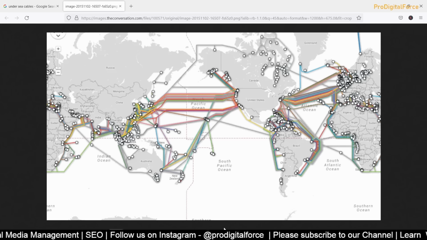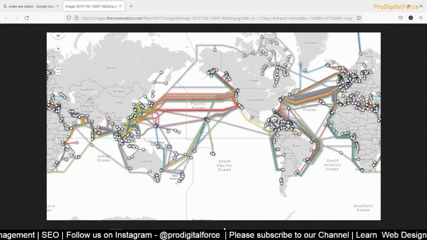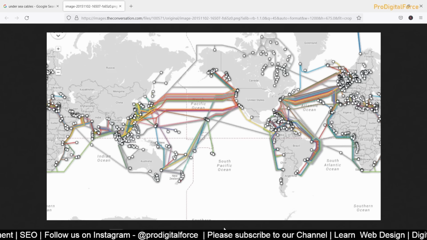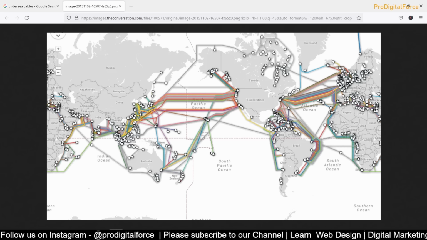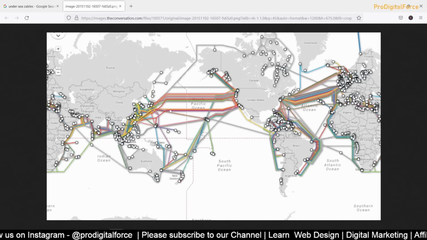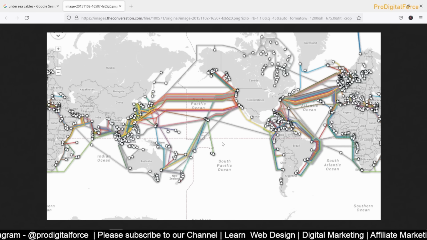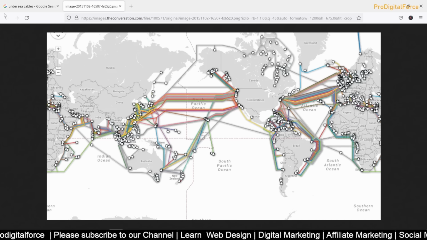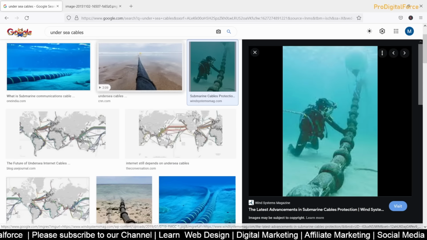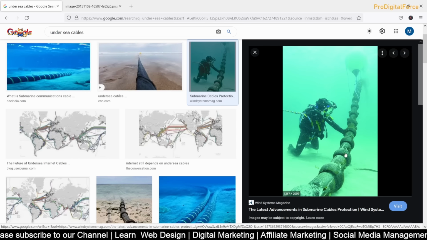That's why when any cyclone happens, or a tsunami, or an earthquake happens, we face the internet becoming slow. Why? Because our cables are laid like this from one country to another country. If some issue happens in between, these guys will go there and rectify that. Who? Engineers. See this guy. In this image you can see there's a person sitting on the seabed and rectifying the issues.